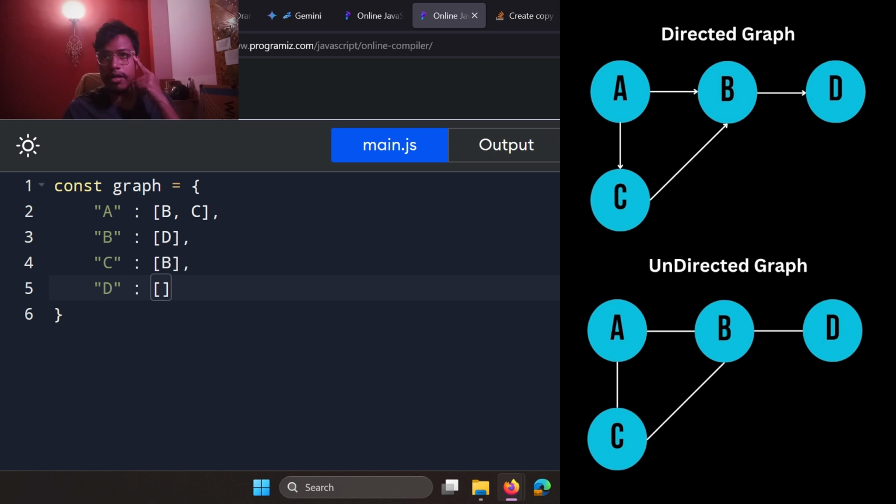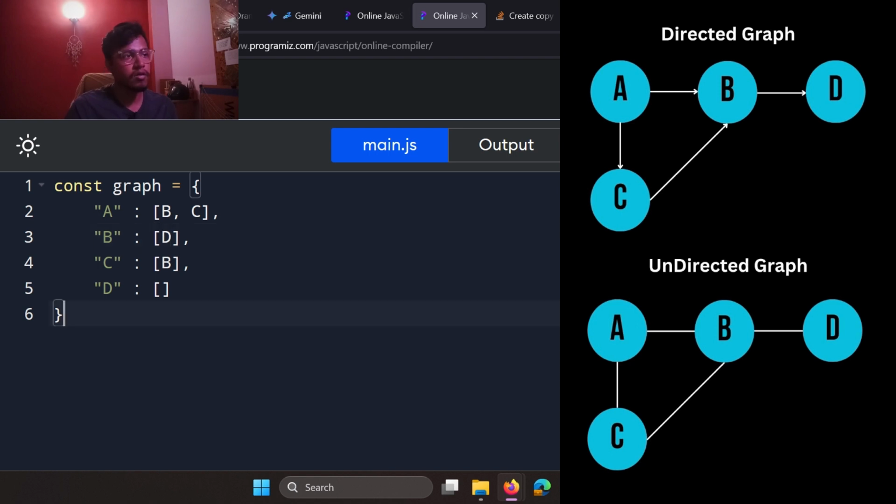Undirected में it would have been like B में फिर ये A भी add हो जाएगा, because B is pointing to all three, तो B हो जाएगा B A C and D. So directed and undirected के हिसाब से ये representation काफी चेंज हो जाएगी, because there is no pointer now. So B A को भी पॉइंट कर रहा है, C को भी पॉइंट कर रहा है, D को भी पॉइंट कर रहा है, बट इन द डायरेक्टेड वी कैन क्लियरली सी, राइट, B सिर्फ D को पॉइंट कर रहा है। सो आई होप यू गेट इट।